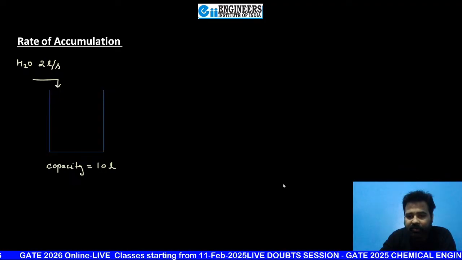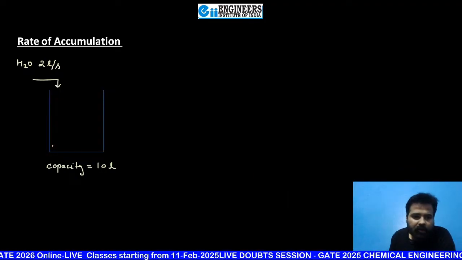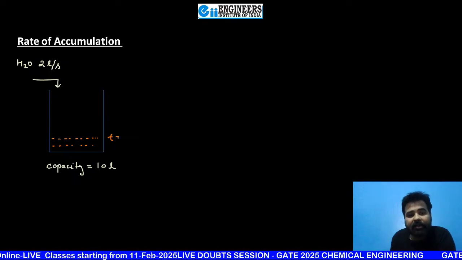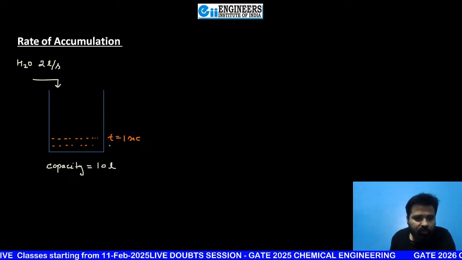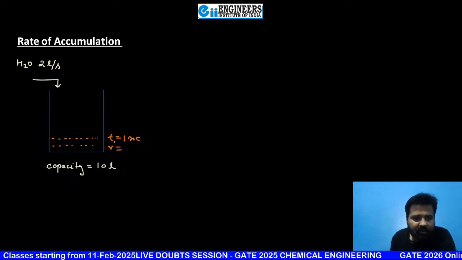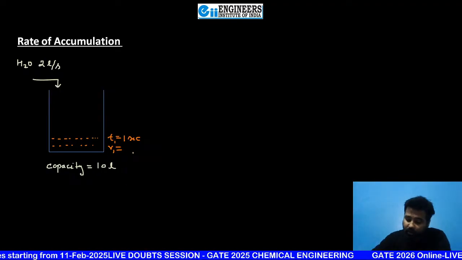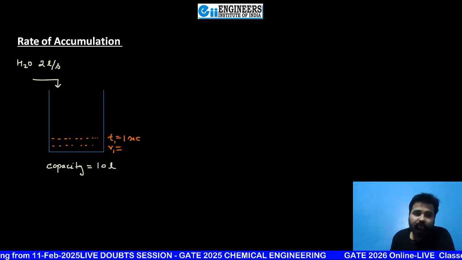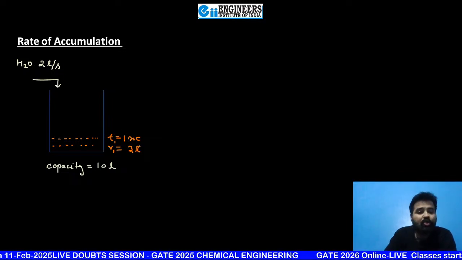Now, see my dear students, after 1 second, if I am going to check how much water is there at time t is equal to 1 second, can you tell me how much volume is here inside this tank for this T1? What is the value of volume? I know everyone knows beta. The volume should be 2 liter per second, and in 1 second the volume is 2 liter. Very good beta. Absolutely correct.